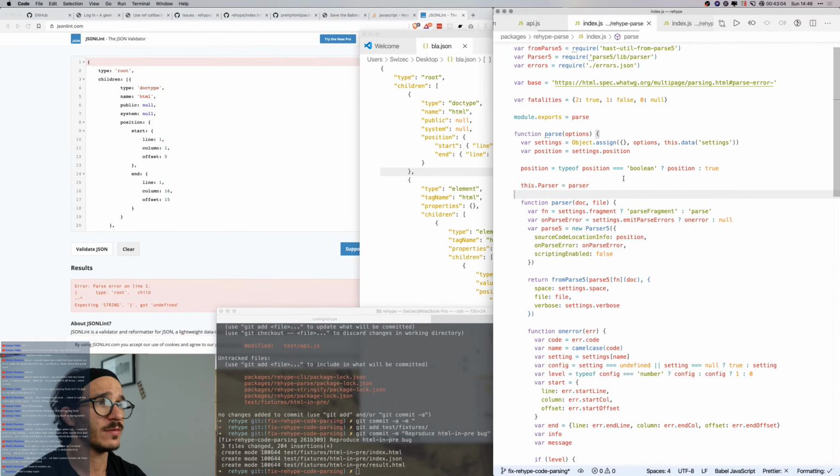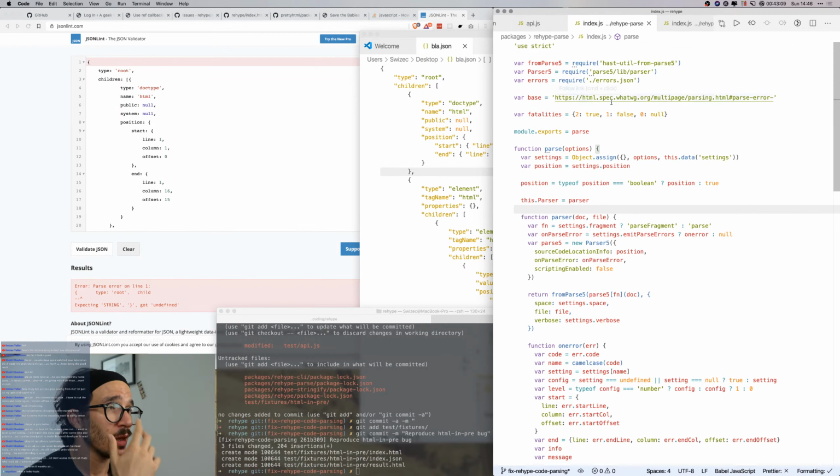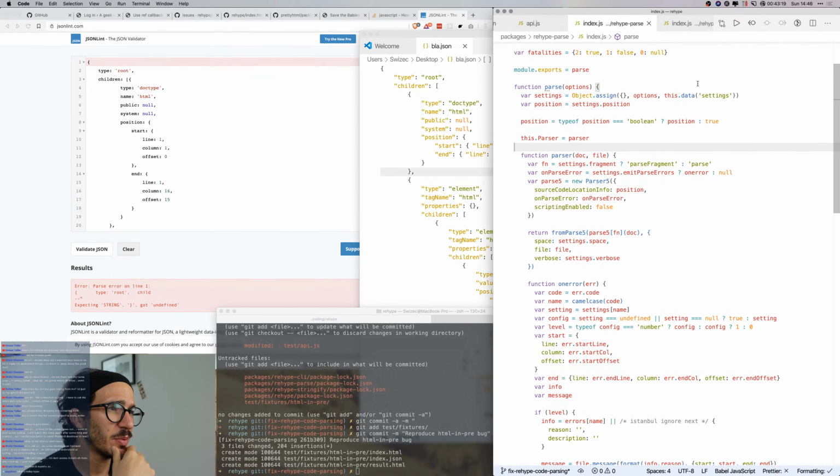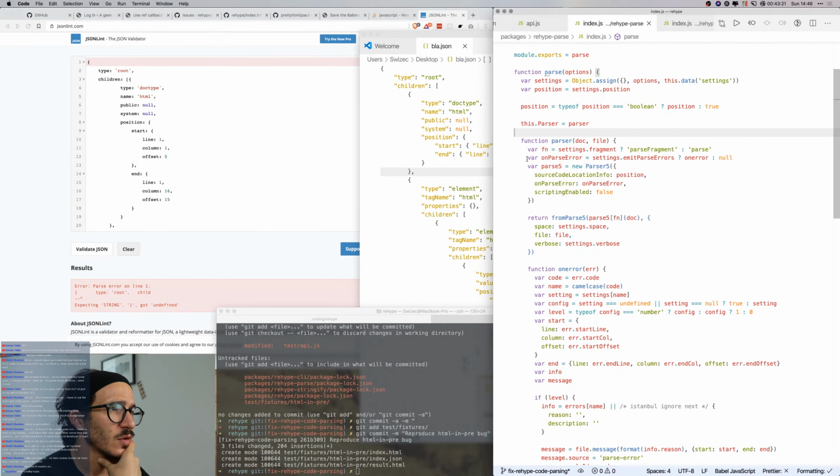But I have no idea how the Rehype parser works, so this is gonna be fun. Okay, so it looks like under the hood we use something called parse5. What is parse5? So we take parse5.